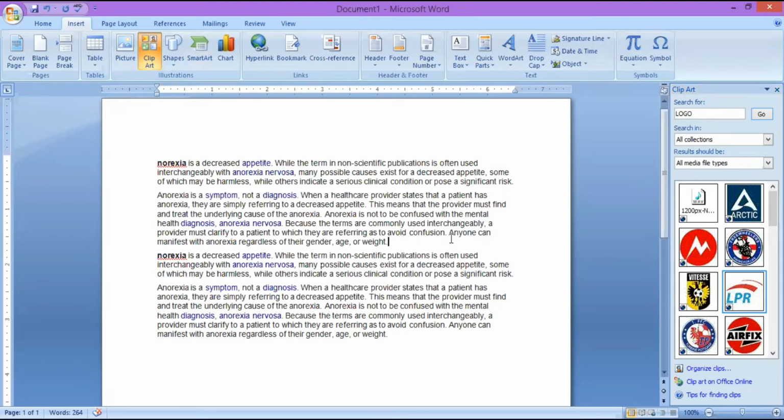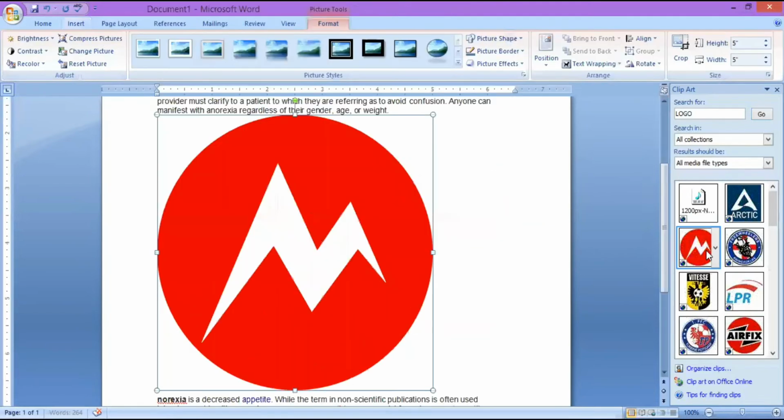Say for example, I wanted to place a picture here. Most of the time we need the pictures displayed in the document for explanation, or if it is an educational document, if you want to explain something, you can click onto that. Or if it is a company business document, if you want to insert a logo, you can insert a logo also. So here I am inserting a picture here, and I'm reducing the size of the picture.